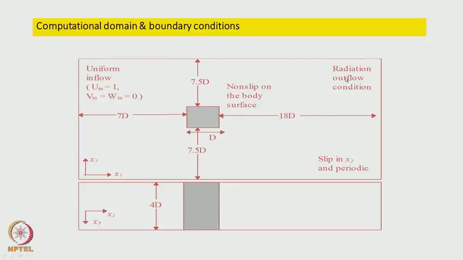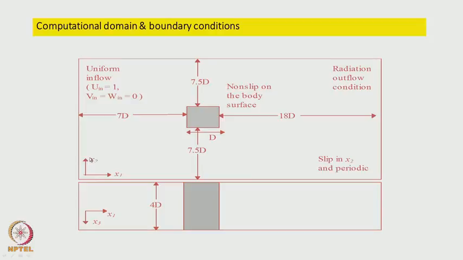Later we will see what a radiation boundary condition is, which is posed on the outlet. There is a boundary condition called slip boundary condition, and that is specified in the x2 direction. So, that is the boundary here as well as the boundary here, top as well as bottom in this plane